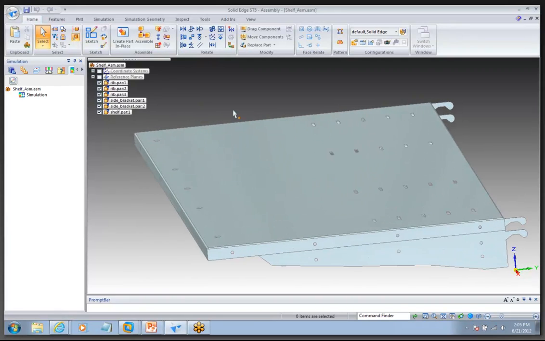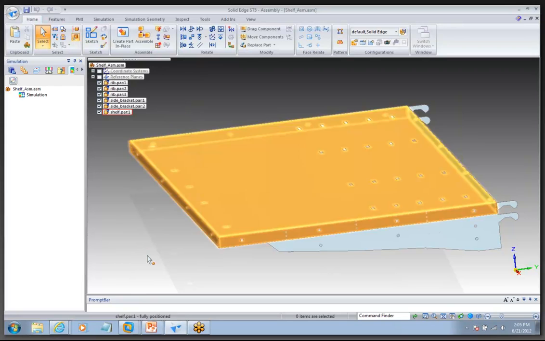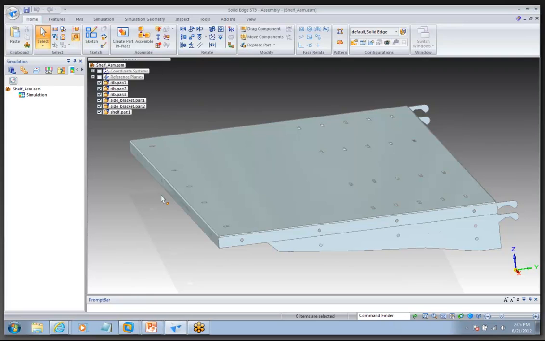We have to understand exactly what our situation is, what our problem definition is, which in this case is the deflection here at the end of the shelf, and then what our simplifications are going to be. Now the next thing we need to do is take a look at